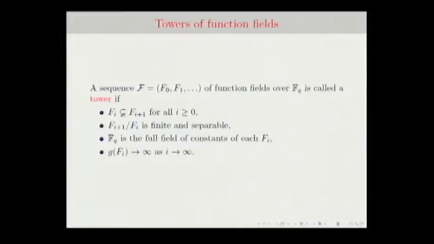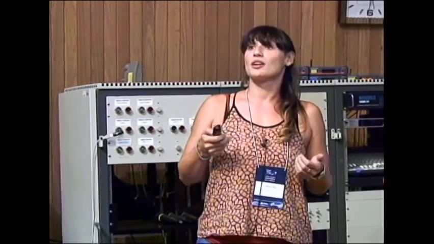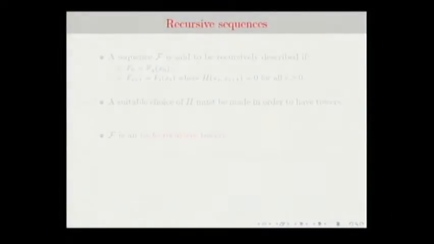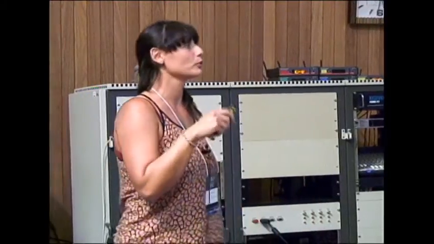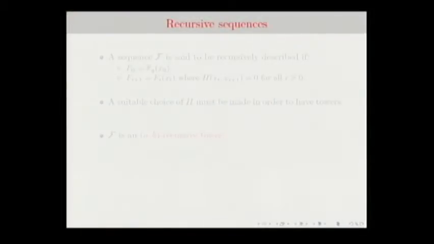The motivation for why we are interested in studying this type of towers is codes, which Luciani already talked about. With these towers, especially with a special class of towers which are recursive towers, Arnaldo Garcia and Henning Stichtenoth could prove that there exists a sequence of codes that improve the already known bound of Gilbert and Varshamov. So what is a recursive sequence?